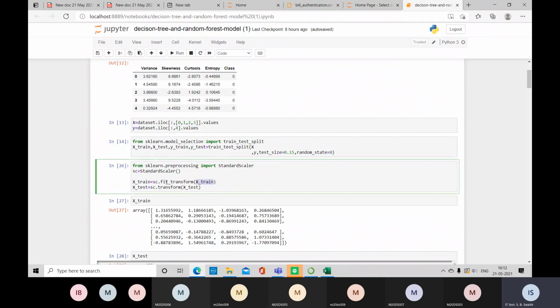Here we can execute fit_transform, both fit and transform at the same time. Fit will take the input data and transform will execute the standard scaler on that input data. X train is given to fit, and after that, transform will automatically execute this standard scaler with the help of this SC variable.